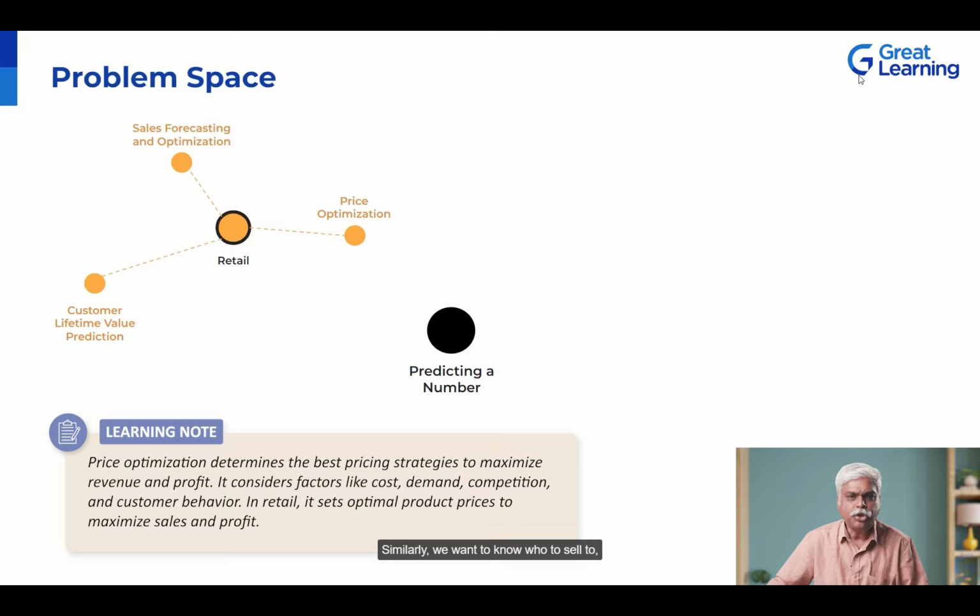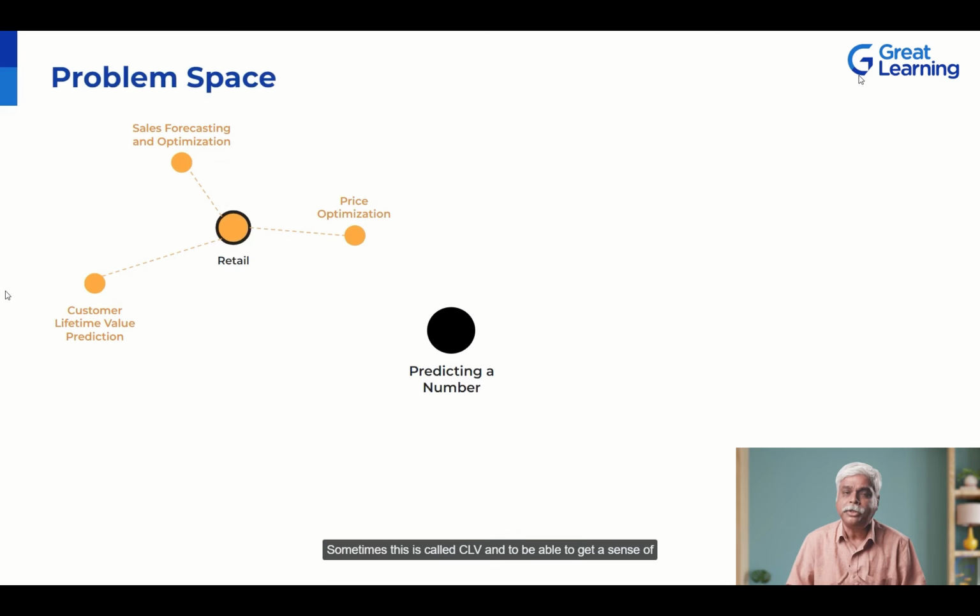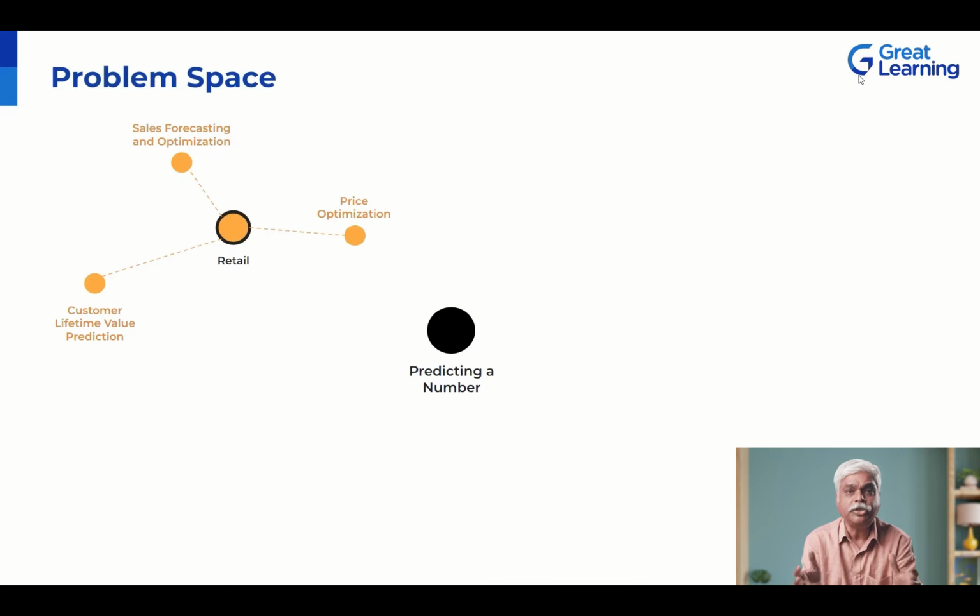Similarly, we want to know who to sell to: customer lifetime value prediction. Sometimes this is called CLV. And to be able to get a sense of who to sell to, is there a way to measure that, and what does that depend on? You can see, therefore, that this idea of a problem space becomes very important within an industrial setting or a